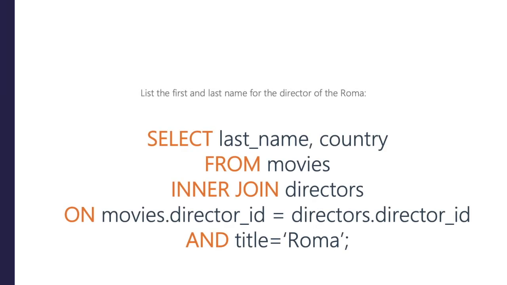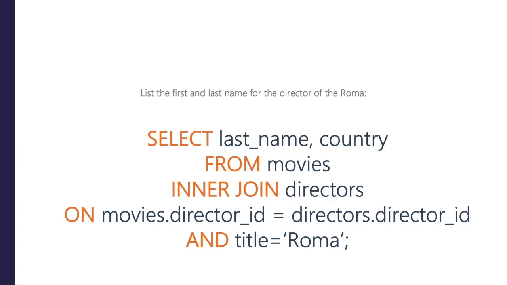In this task, we need to list the last name and the country of origin for the director of Roma. We can do this either using a join or a where command, but for this one, we're going to use join. To do this, we're going to select the last name and the country of origin from movies, but we know that this is not movie information. So therefore, we need to do the inner join on directors again, and then we use the and command and